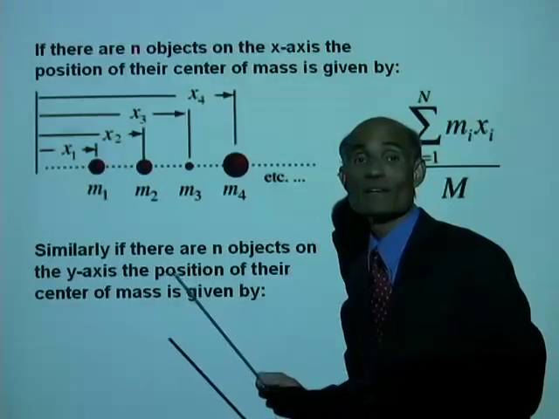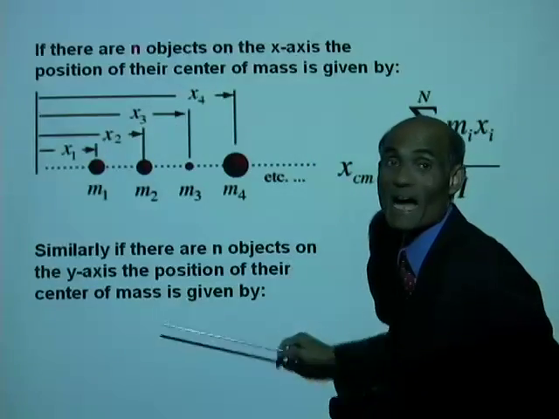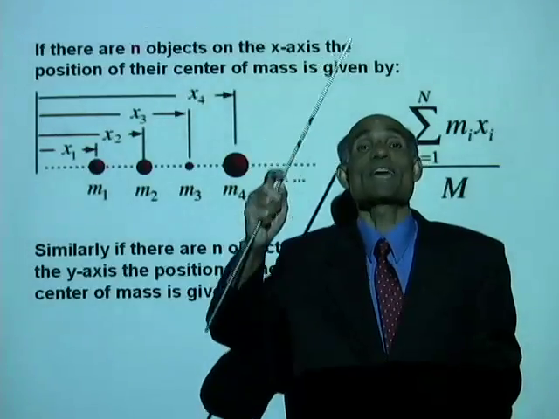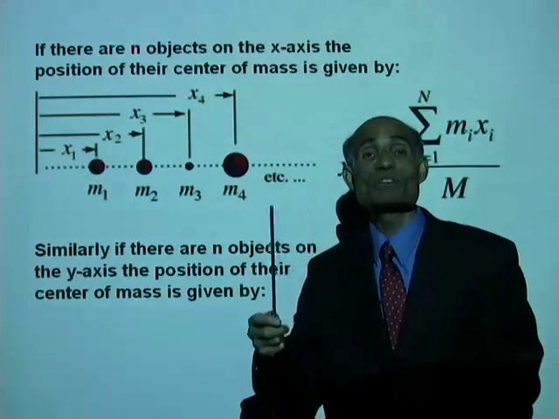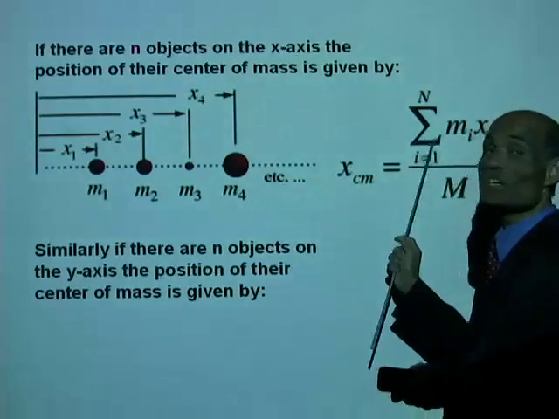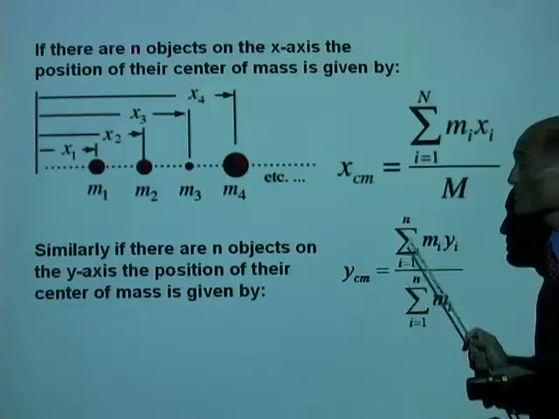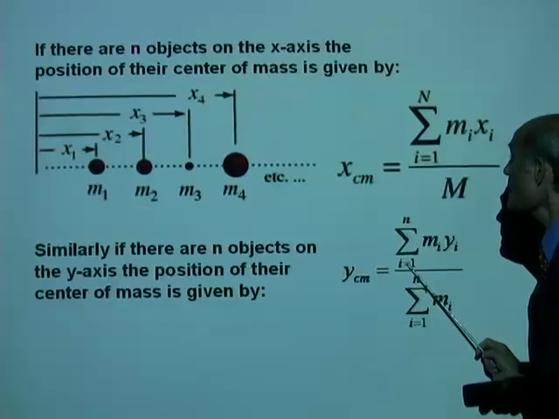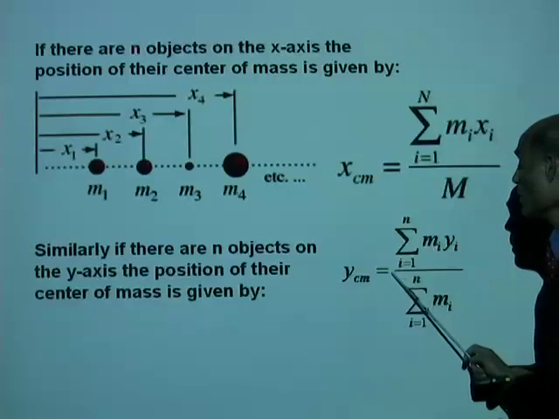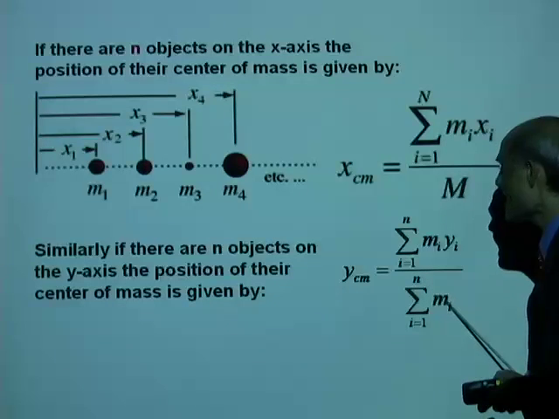Now, similarly, if you have these n objects on the y-axis, then their center of mass will be somewhere along the y-axis, and we can represent that by y center of mass. Can you write a similar equation for that? It will be y center of mass equal to summation i equal to 1 to n m_i y_i